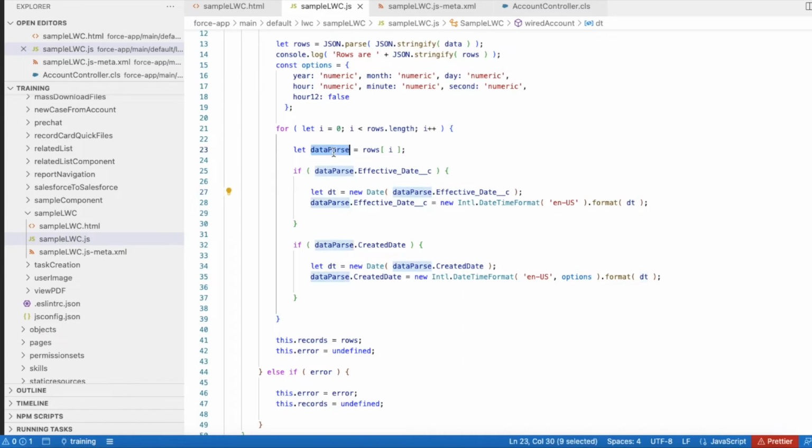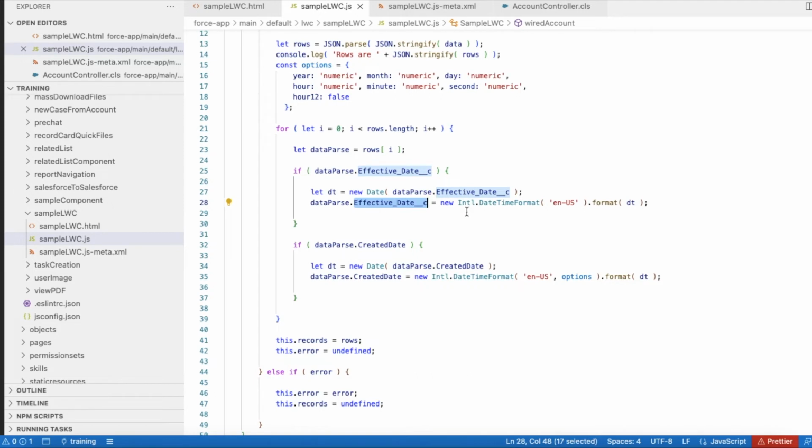Data parse is nothing but the first record or second record, however many records we fetch, each and every record will be passed to this variable. Then I'm setting this temporary variable dt with the new date of effective date, and then I'm setting the same